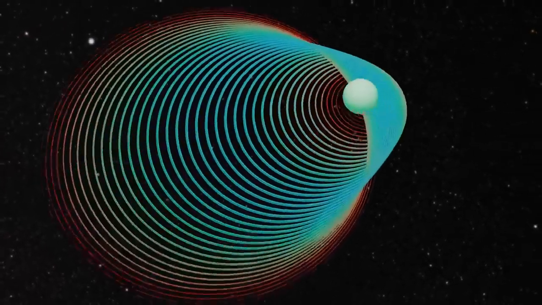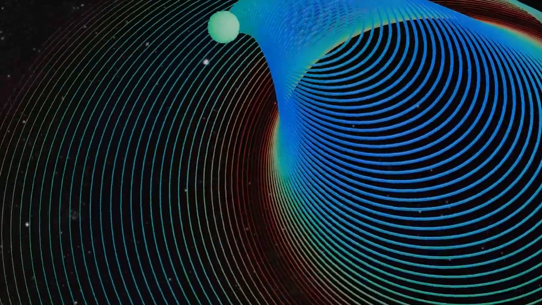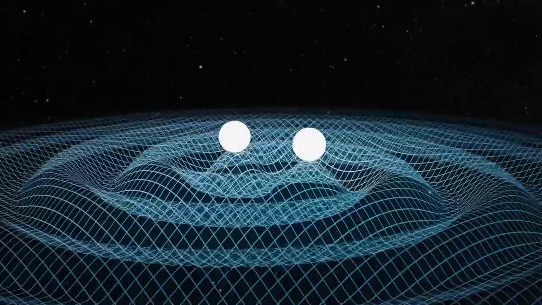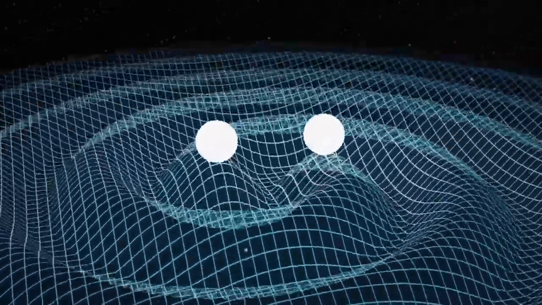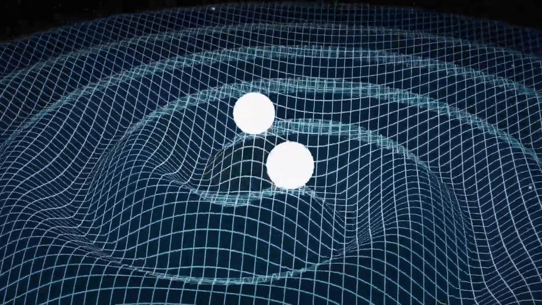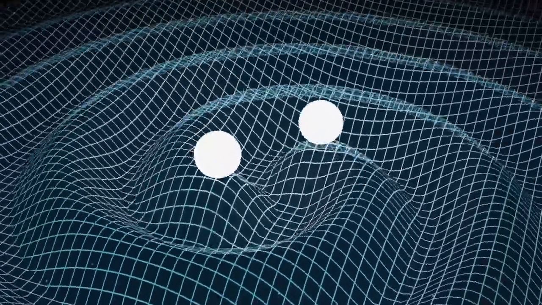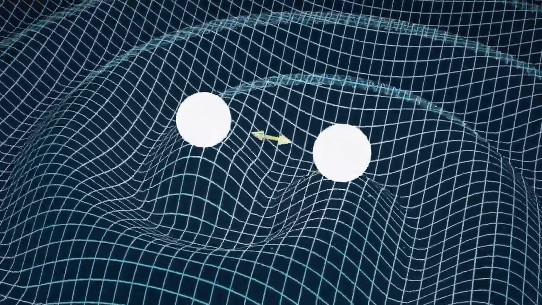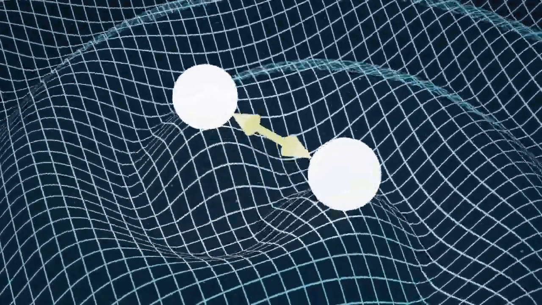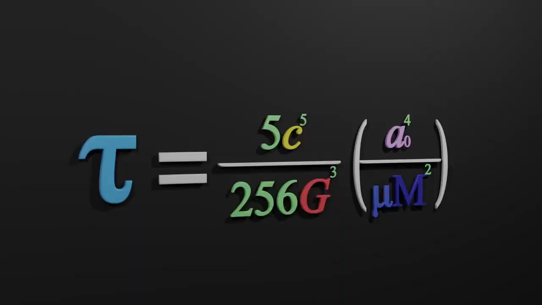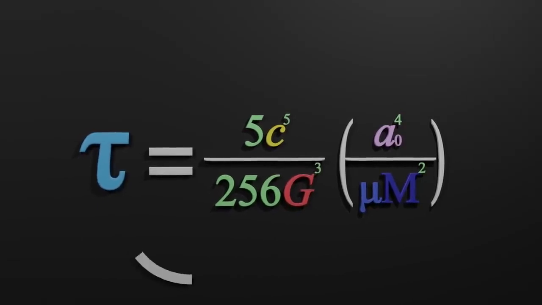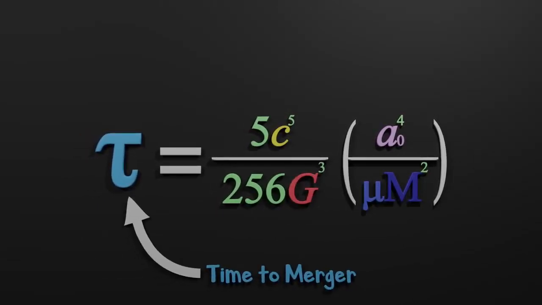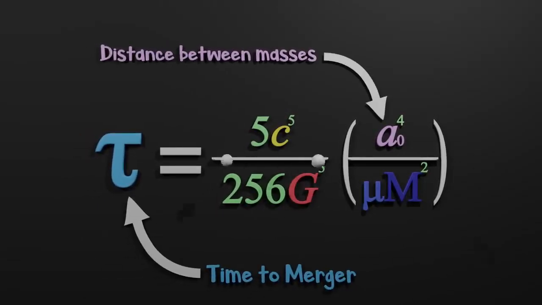Anytime mass is accelerated, it produces gravitational waves. Therefore, objects orbiting each other are slowly losing minuscule amounts of energy as gravitational waves travel away. The strength of the energy lost from this is very strongly dependent on the distance between the orbiting bodies, as seen in this equation Professor Jeffries was kind enough to share and explain. This represents the approximate timescale to merger for a system in a circular orbit.